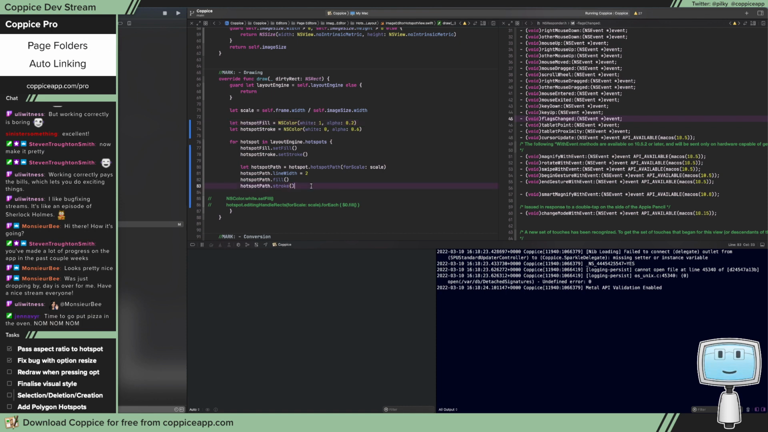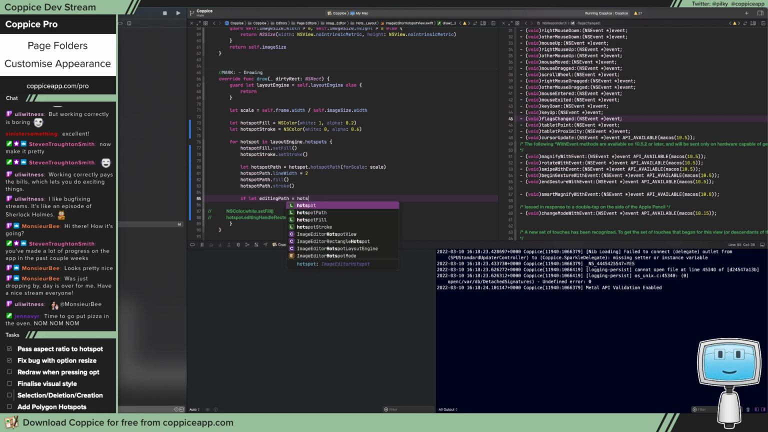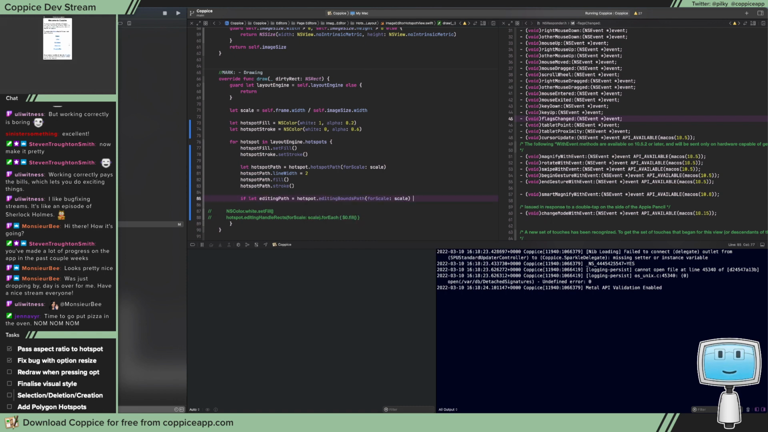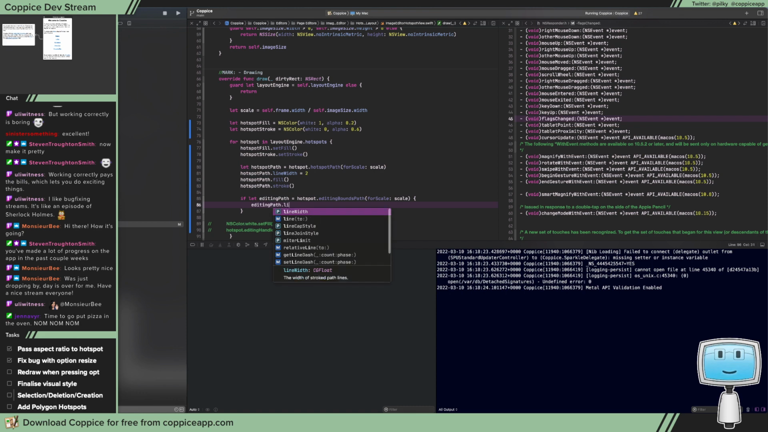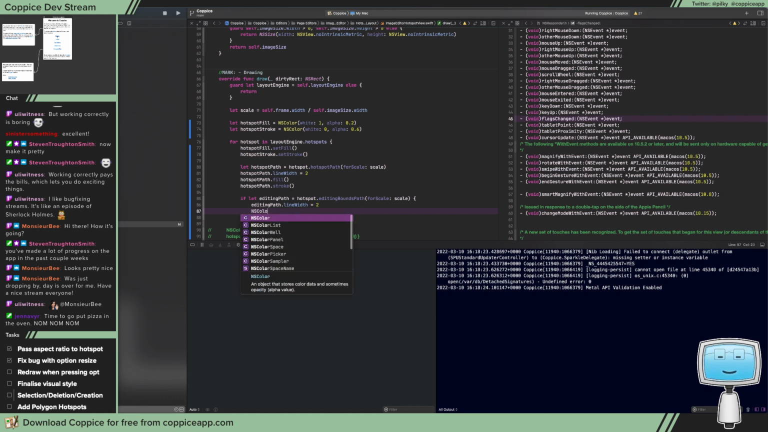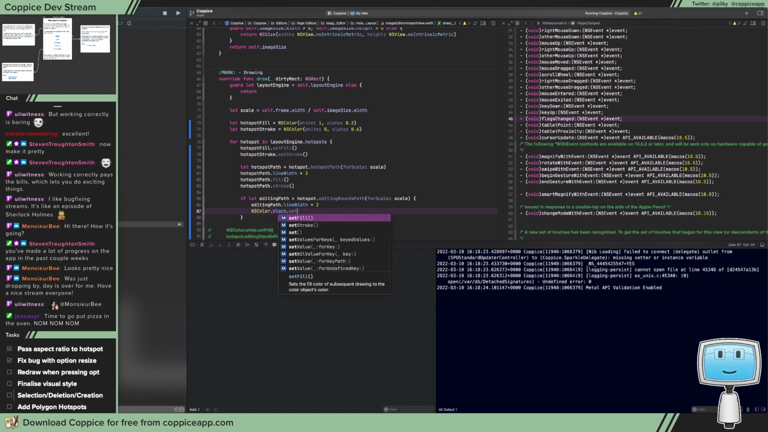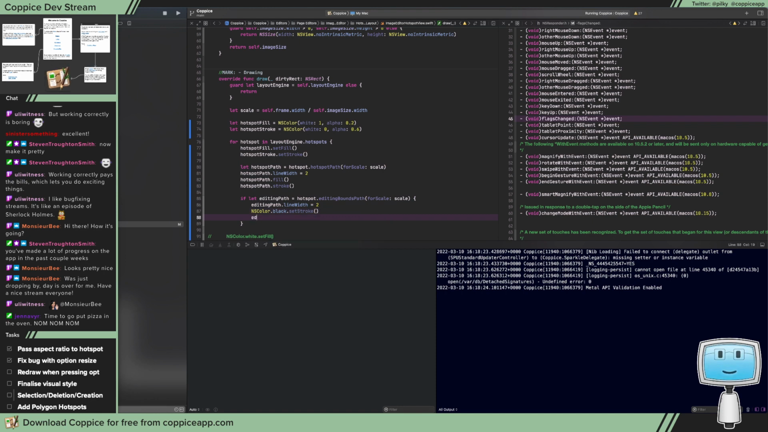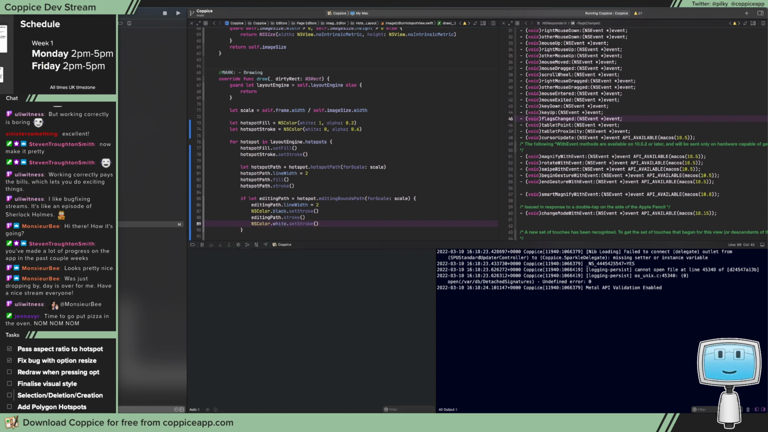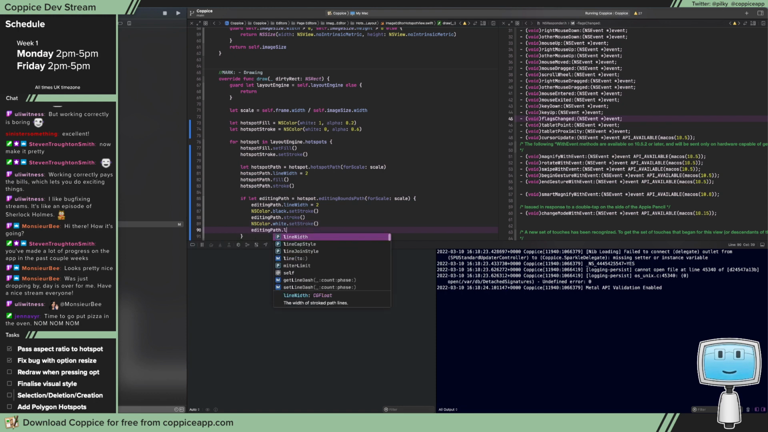So what we want next is if let editing path equals hotspot dot editing bounds path for scale, editing path dot line width equals 2, and what we're going to do is NSColor dot black set stroke editing path dot stroke, and then we're going to do NSColor dot white dot set stroke editing path dot line